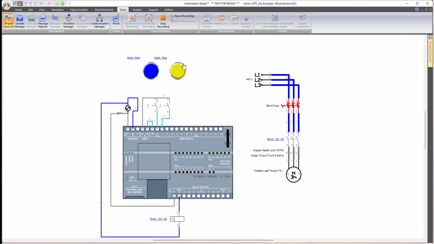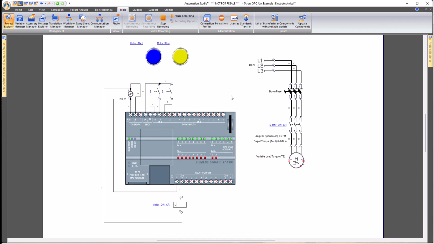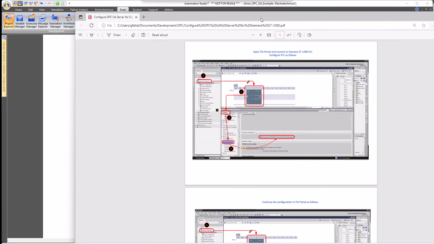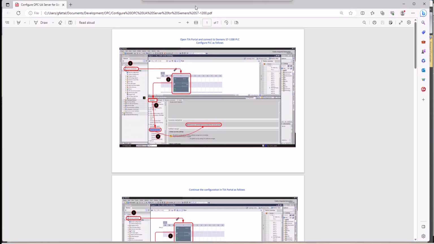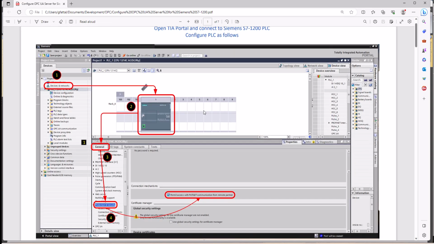So what we do as a first step for this, we have to prepare the environment on the computer here for OPC UA communication between Automation Studio and the PLC. To do that, I prepared here a PDF document which explains what we should be doing first before putting everything in place so that we can do this type of communication. So the first part of this process is we're using the TIA Portal